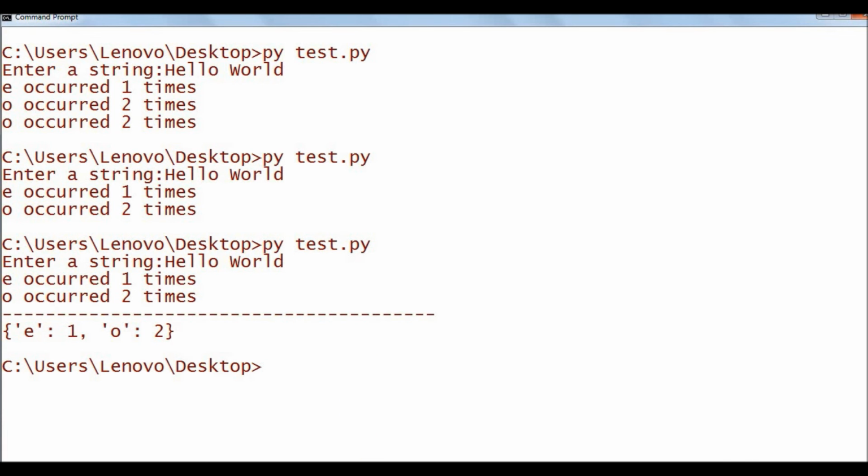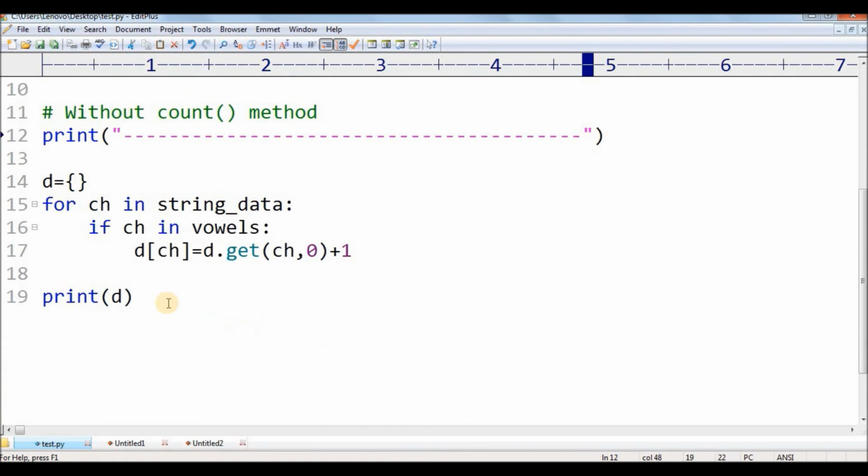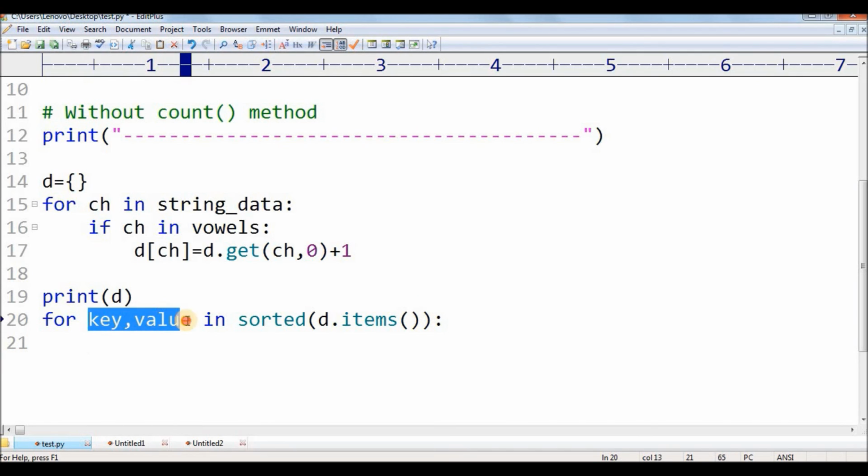So let me format this dictionary and get a particular output. For that, I'll be using for k comma v, or I will write key comma value in d dot items. Okay, d dot items, and I will sort this, so I will write sorted also. D dot items is going to return me list of tuples, and that is why I'm using key value here.